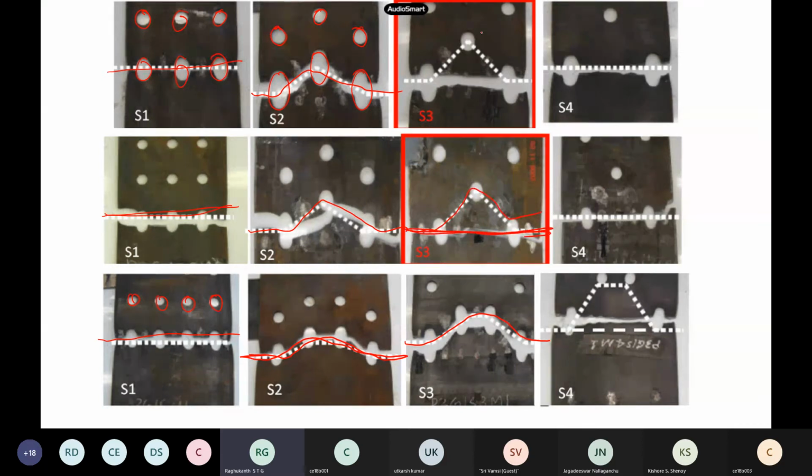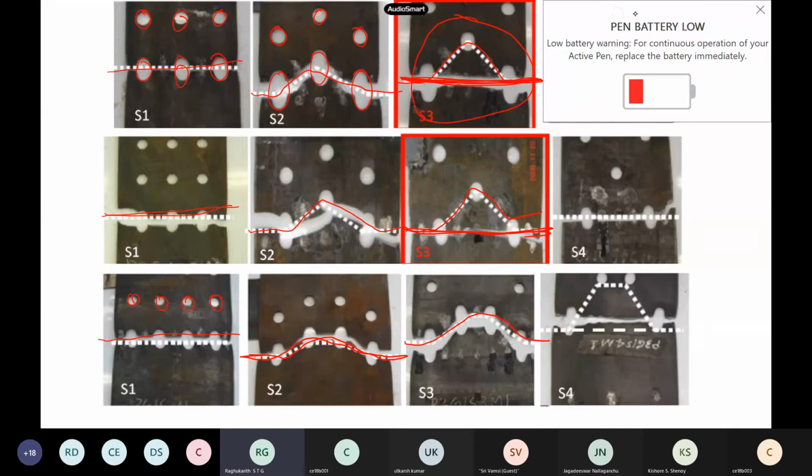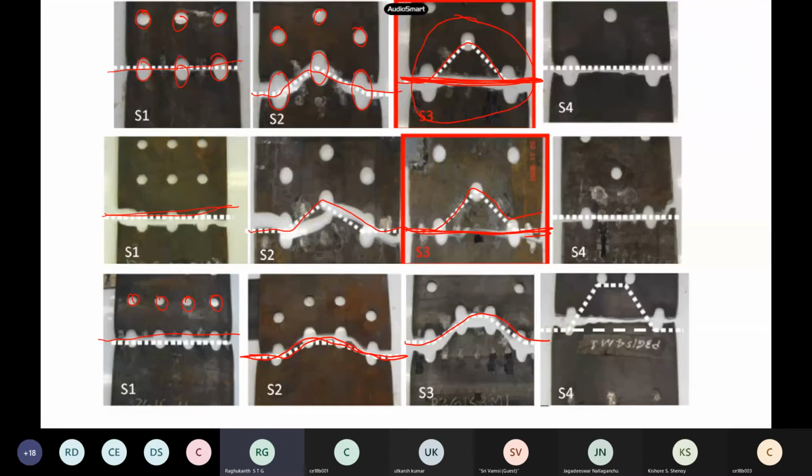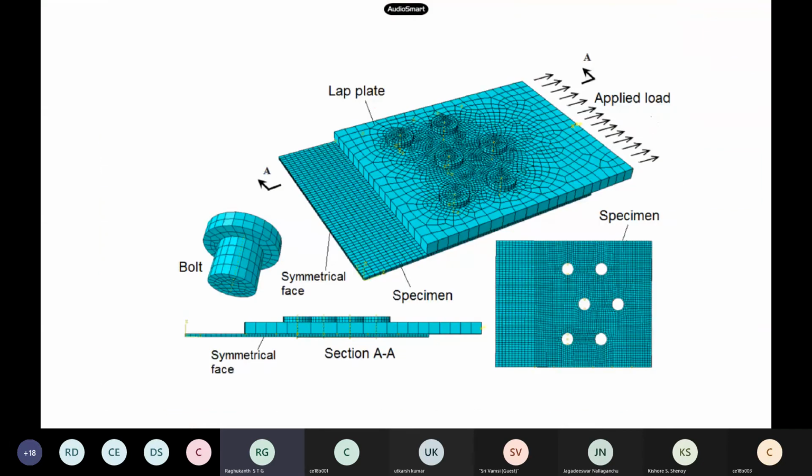Here also you can see this is a staggered bolt, but it was supposed to fail like this. You don't know, but it has failed in a horizontal fashion only, like chain bolting, although we are putting a staggering. So here also it is a staggered bolt, but it has failed along a horizontal line itself. Here also horizontal, here also horizontal. So if you do this in finite element or numerical testing, you see the staggered bolts, if you put like this, and then you could try to find out the failures.